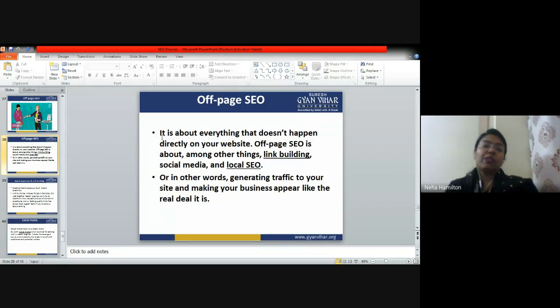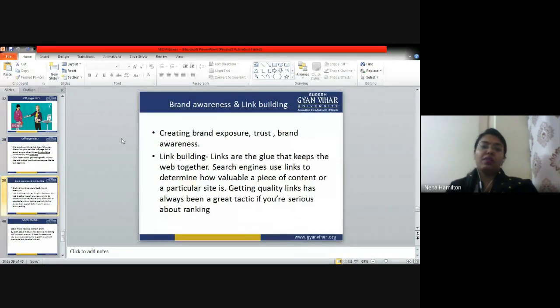So in off-page SEO, the only thing that we are interested in is building links with other websites. Now, the first thing that we are going to understand is brand awareness and link building. Creating brand exposure, trust, and brand awareness.